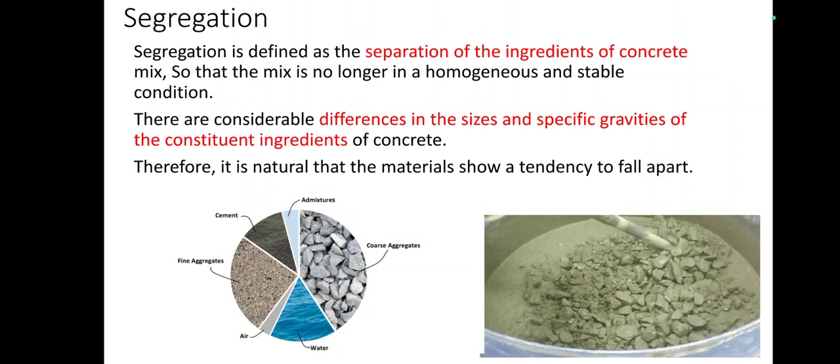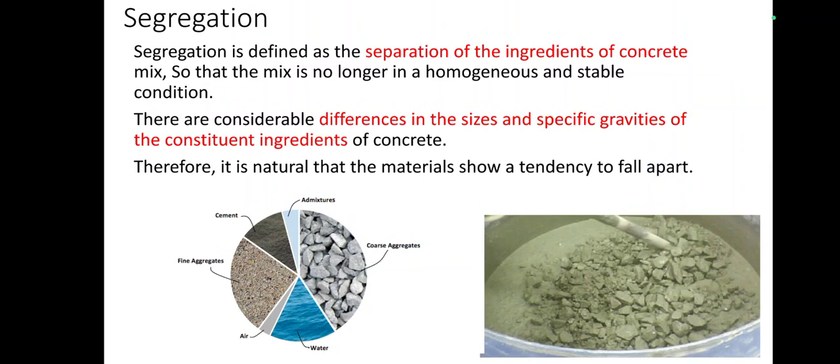With this one we will concentrate on two major topics, segregation and bleeding. These two are very important because of the easiness and homogeneity. If you're not ensuring these two things, it will result in segregation. So what is meant by segregation? The word itself denotes separation of